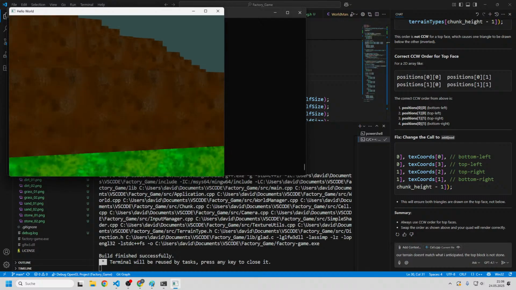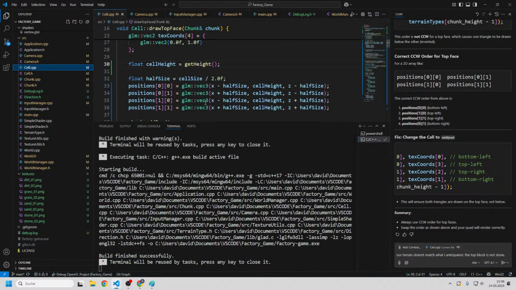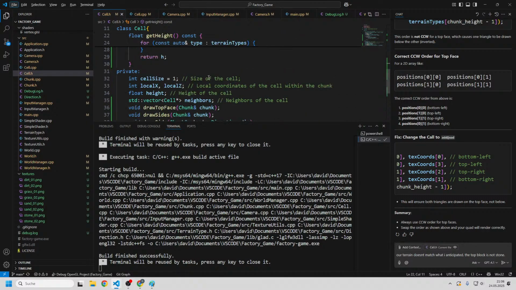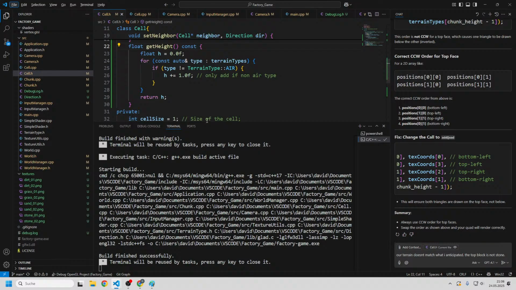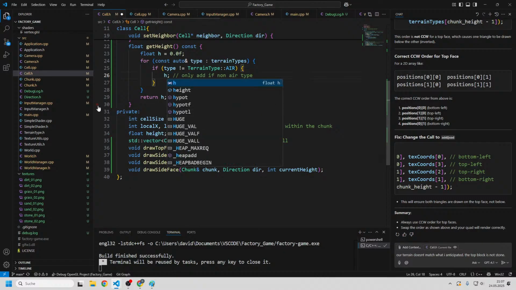So this layer is not correct. The rest is as anticipated. So cell get height. Let's check that. Okay, so our height is 0, and then for every type in our terrain types, we're gonna go through and have, if the type is not equal to air, yeah, I think it's this +1, and we don't want to do that except